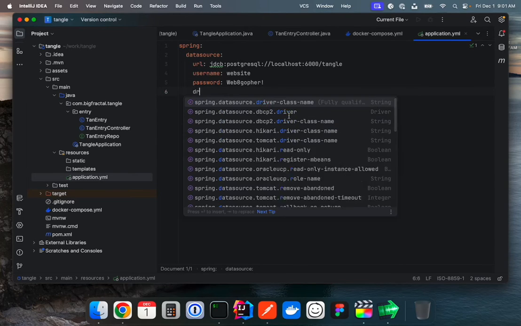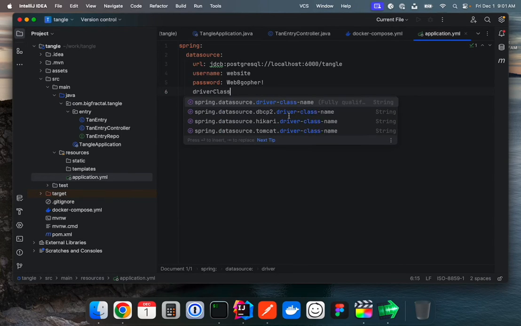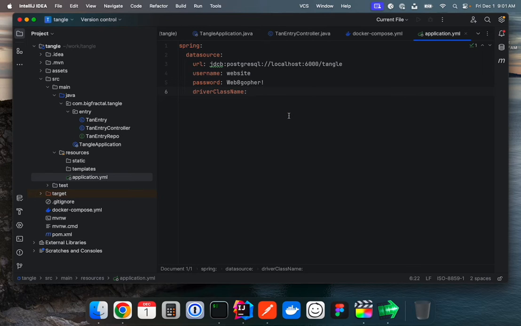And last, we need the driver class name. This is the JDBC driver, which is going to be org.postgresql.Driver. Now you can see here that it doesn't like this because it doesn't see it in the project. To add it, I'm going to copy